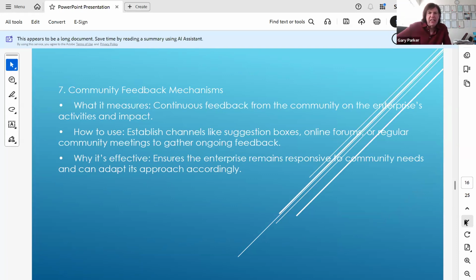Establish channels like suggestion boxes, online forums, or regular community meetings to gather ongoing feedback. Another thing that is done a lot these days is setting up WhatsApp groups. You can get feedback from that from people, but again, you need to ensure that you're managing people's data properly